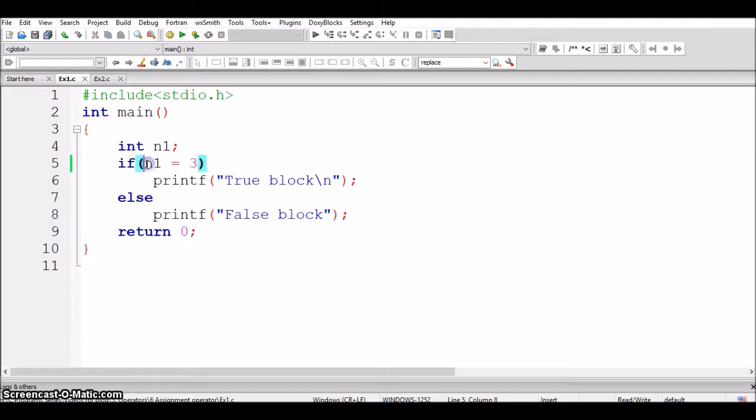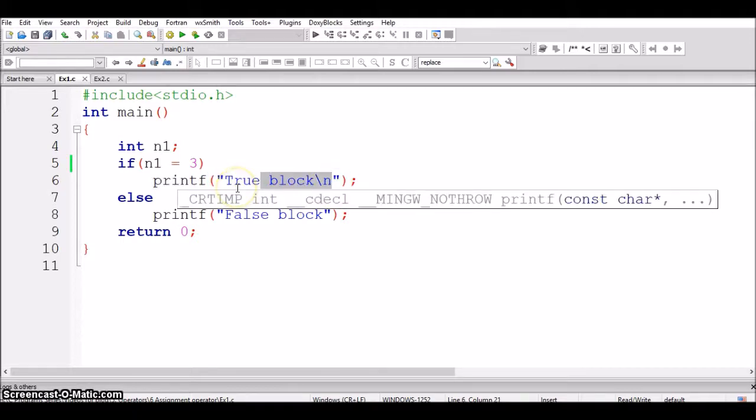This 3 is assigned to n1. Now n1 value is 3. 3 is a non-zero number. So as per the rule, we know that any non-zero number is considered as true. So if condition is true. So if true, we know that true block will be executed. So hence every time this true block will be executed.